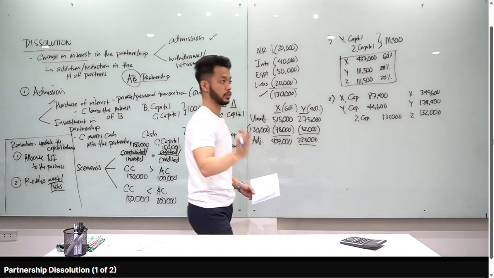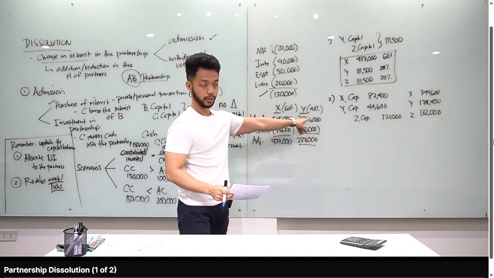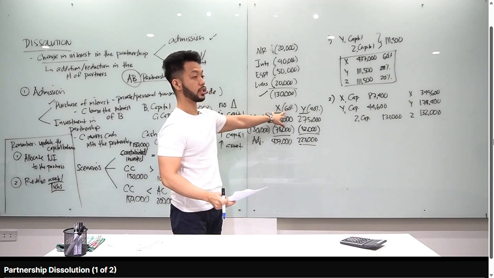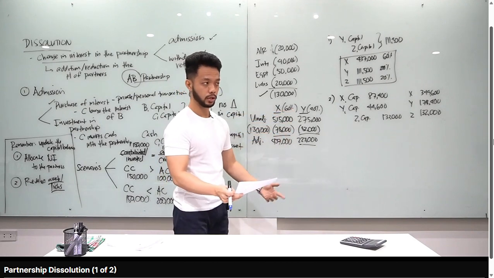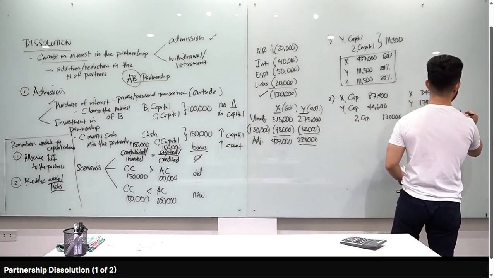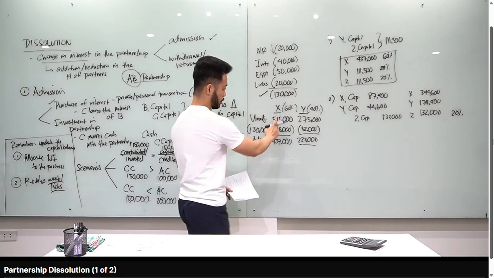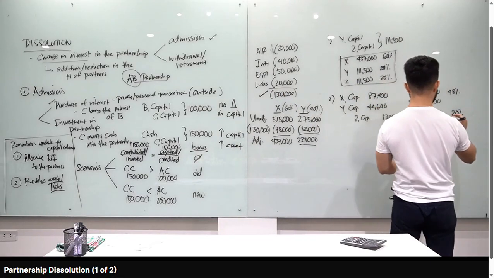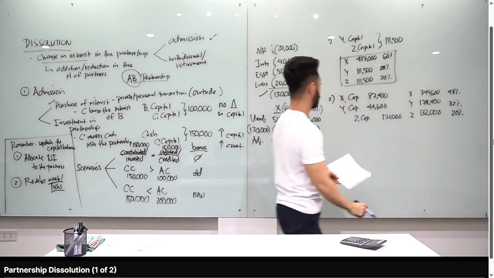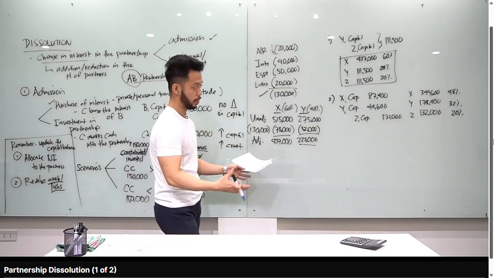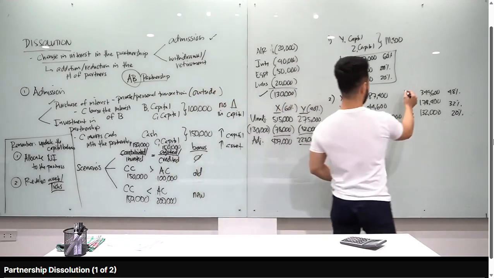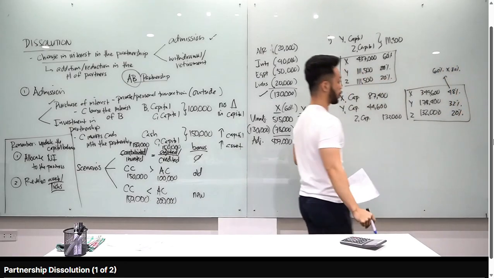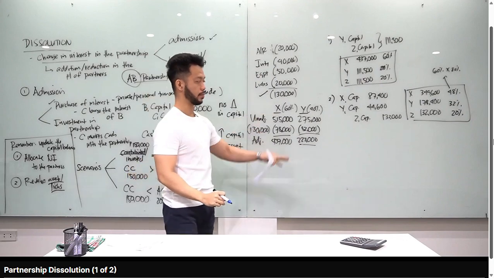Now, class, what is their P&L ratio? Originally, it was 60-40. But Z bought 20% from the two of them. So X is now, instead of 60%, 60% times 80%. Why 80? Because the 20% is already Z's. X and Y share the 80%. So 60% times 80% is 48%. 40% times 80% is 32%. 48 plus 32 is 80, plus 20 is 100%. That is our final answer. Again, the 48% was obtained by multiplying 60% and 80%, since 80% is what remains because the 20% is Z's. For Y, 40% times 80%.